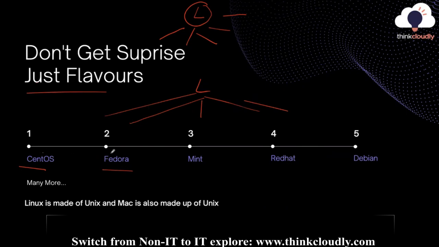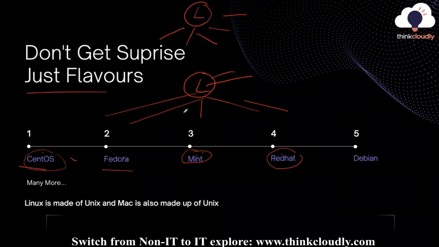These are different organizations. What they have done is taken Linux and created their own version of it. Red Hat is an organization. If you search Red Hat on Google, Red Hat is actually an organization. What they did is package Linux with more applications and start selling it. Mint also started selling it. So these are different organizations which are selling Linux. CentOS is free of cost. It doesn't have any cost. Fedora, Mint, Red Hat, Debian all have different costs, but CentOS is free of cost.